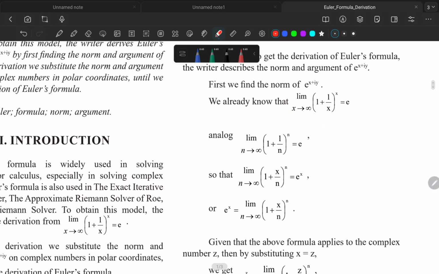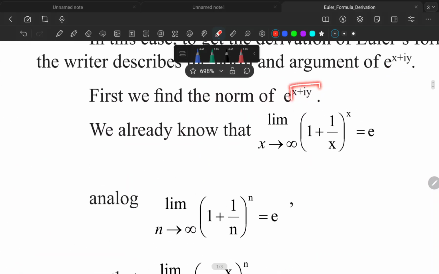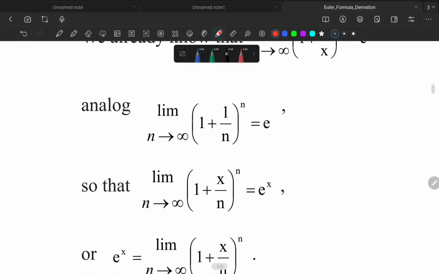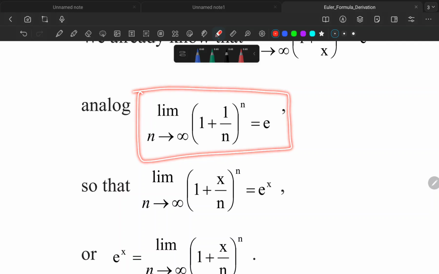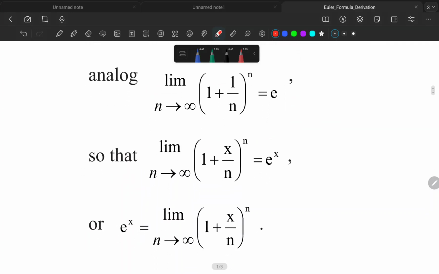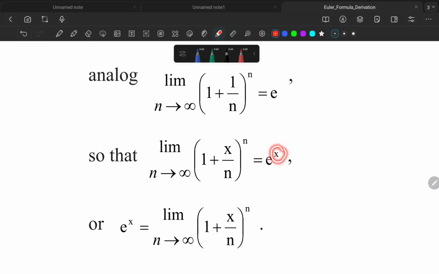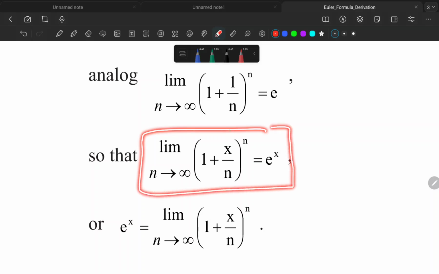Okay, so here the author has written: first we find the norm of e to the x plus iy, right? So a complex number in the power of e. We have just seen this thing, right? Well, you know what, this argument and this argument are the same. I think this should be written first and then that, but I'm just talking about